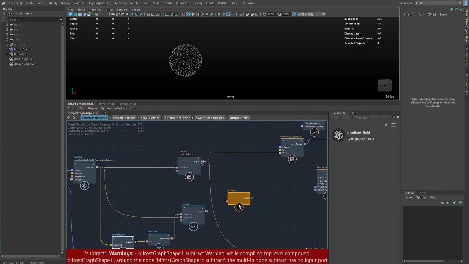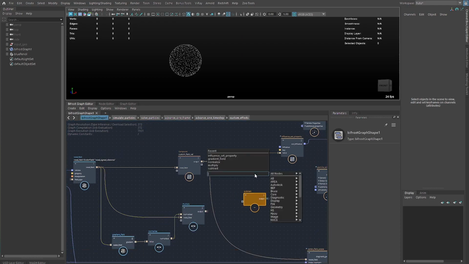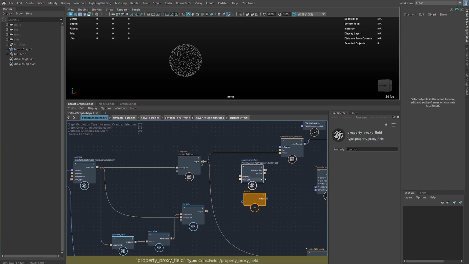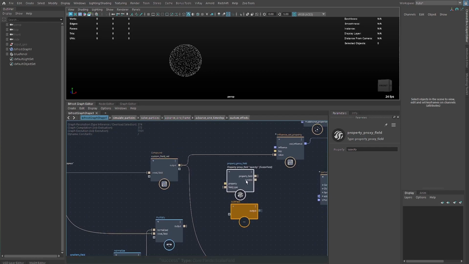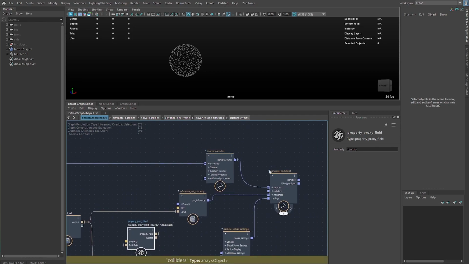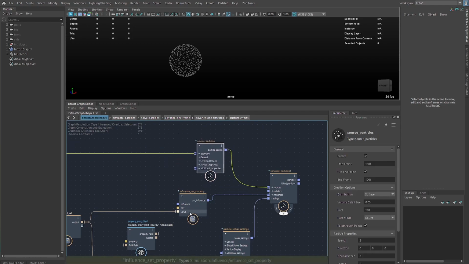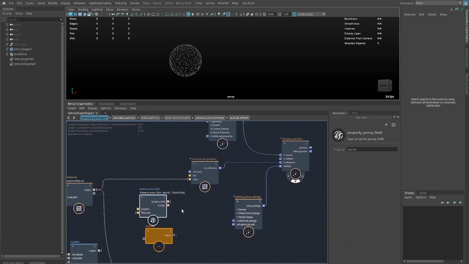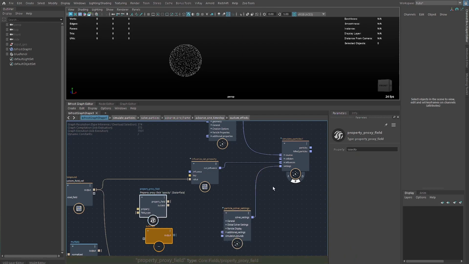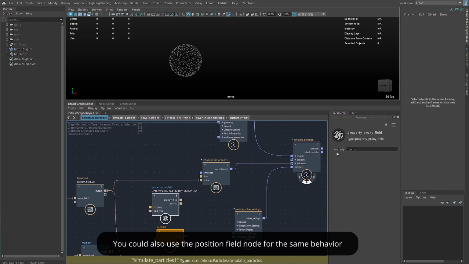So how do we do that? Well, we have this awesome node called property proxy fields, and what this basically allows you to do is get properties that are in the simulation, grab any property at any time step and influence something else, for example, or use it as you wish after the fact or inside or mid-sim. So what I want to grab is the point position. So I can say point position,